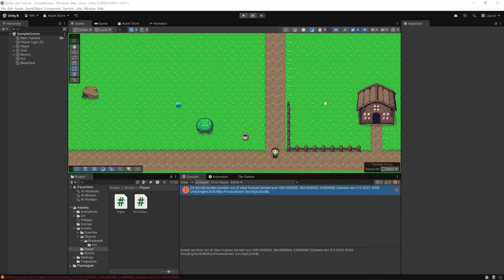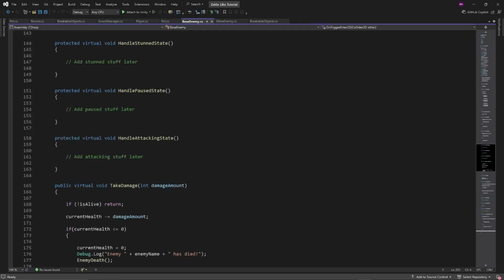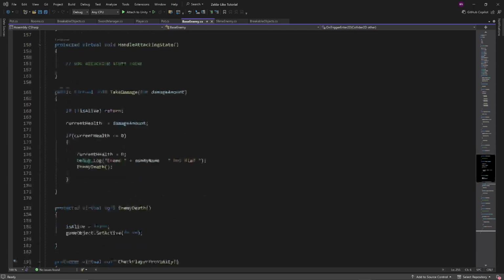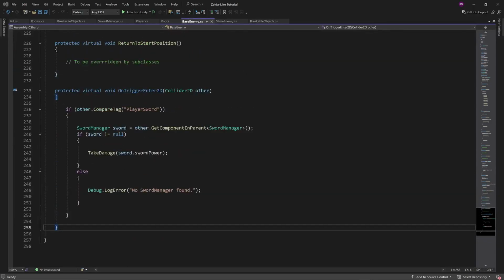There's nothing we really need to do in Unity other than opening up Visual Studio and going to your, where is it? Base enemy. There we go. So let me pull up my notes on my other screen here, and we will begin doing this. All right. So under base enemy, there's only a couple things that we really need to do. Scroll on down towards the bottom here,